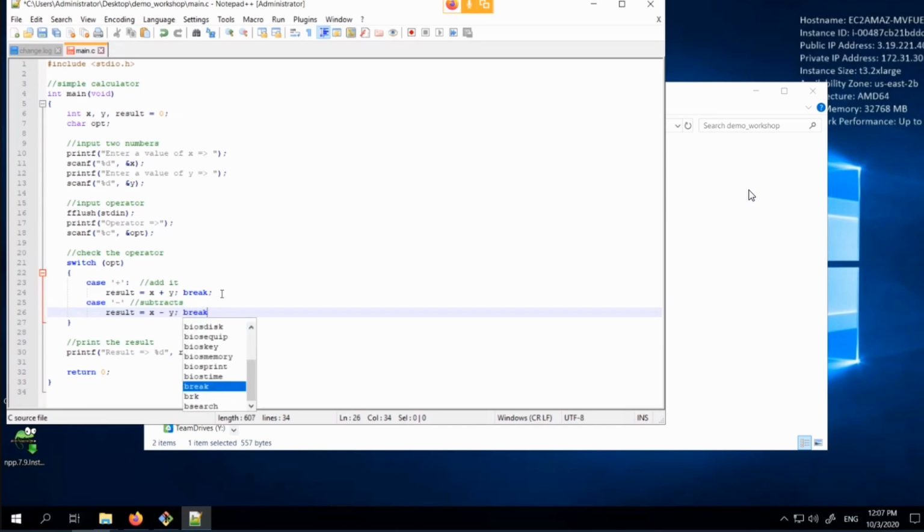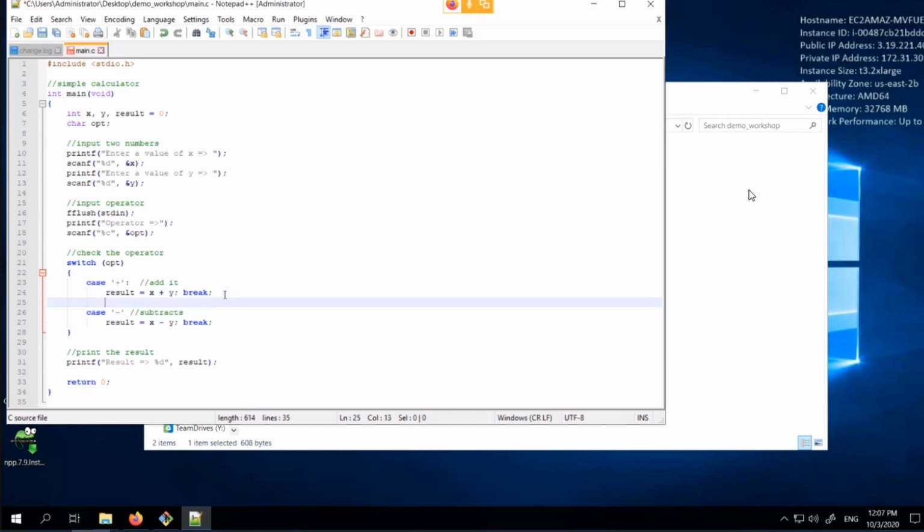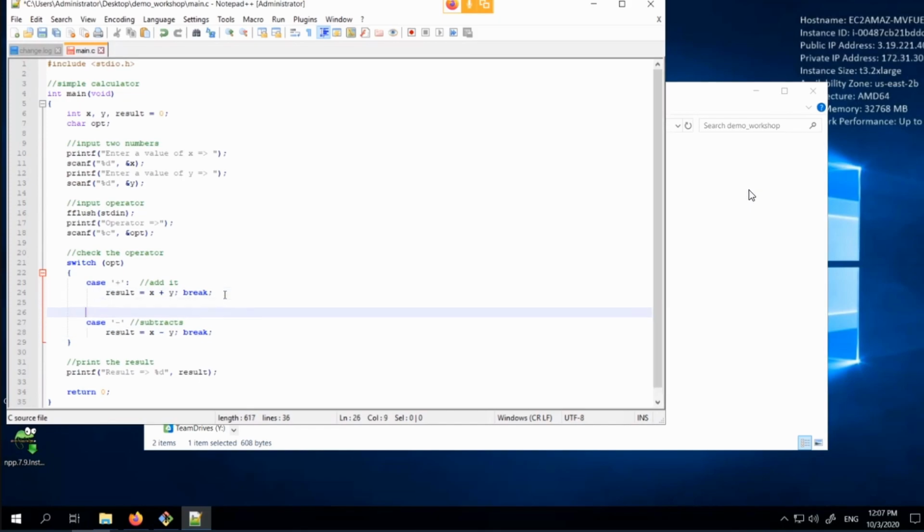Then we break it. So once the change has been done, this is our change. We will separate it and write a comment, I mean, sorry, changes.